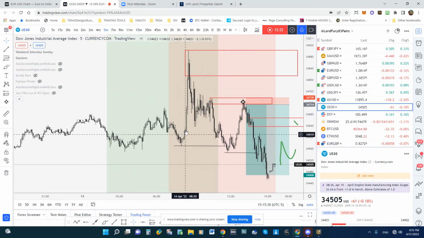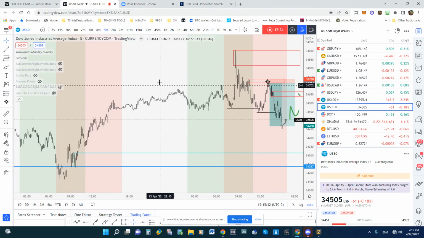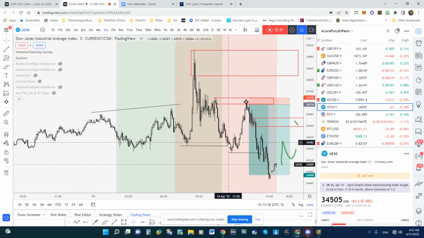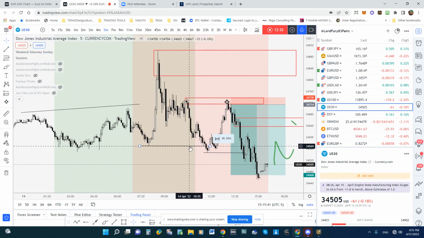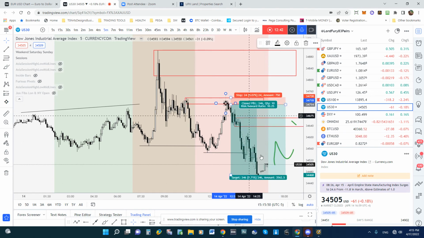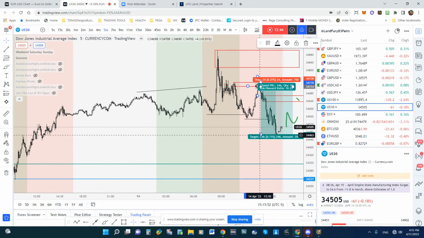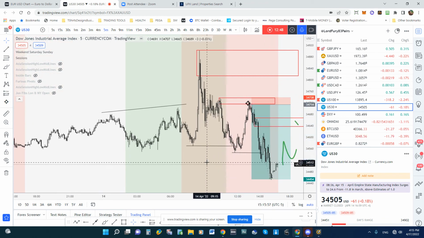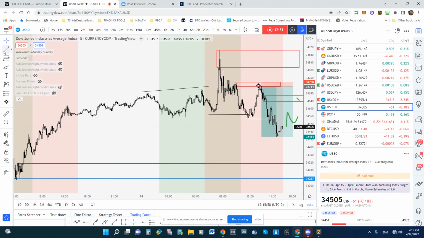You guys can see this manipulation, right? Takes out all of this liquidity, gives you a sweep, then you wait, you wait, you wait. The manipulation gets broken over here. What broke the manipulation? This order block comes back perfectly into it. You can sell it here, and boom, that's like 1 to 10. If you just go to here, it's 1 to 8. Beautiful accumulation, manipulation, distribution.